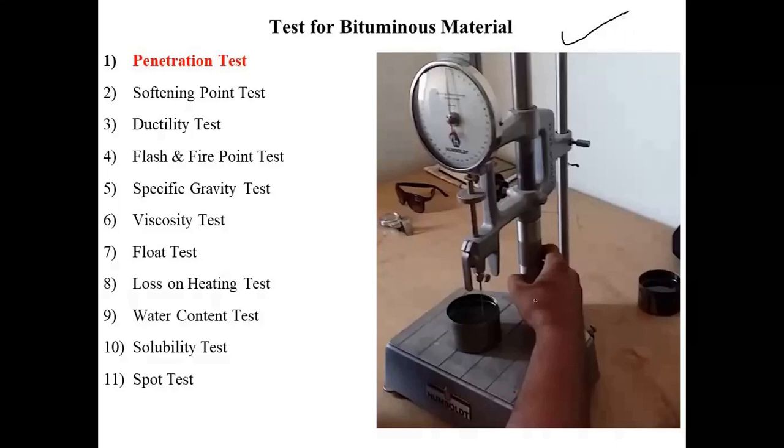So, let me tell you, this is a cup where we have to take the bitumen. This is a dial gauge for measurement of penetration. Now, penetration of what? Penetration of needle. You can see this portion is called needle. Now, this needle assembly has a self weight of 100 gram, right? And this is one more knob which is used to move this needle assembly up and down. Okay, so this is the penetrometer and its different components.